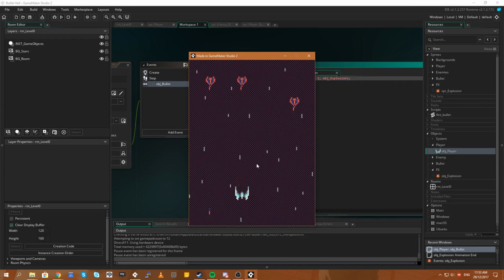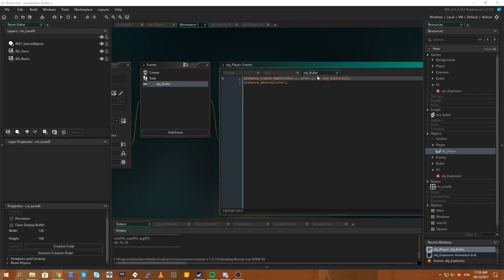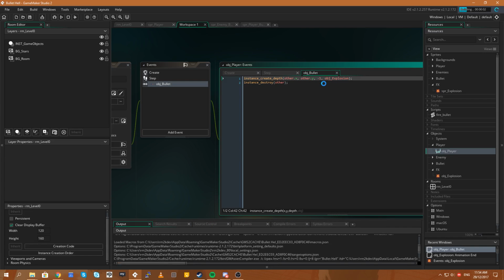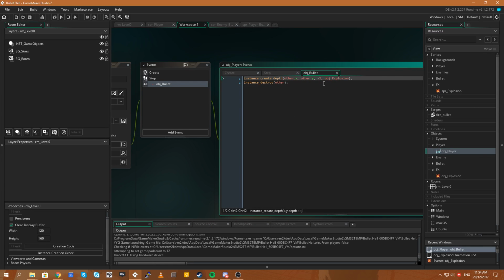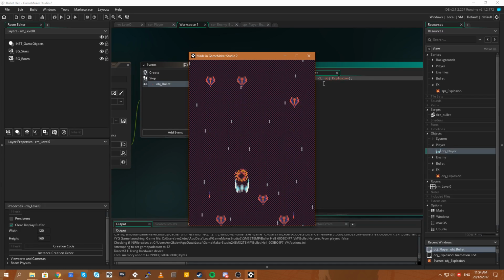So there you go. Now we've got this effect where the bullets will essentially create the explosion where they hit on our character. Even if I sort of back into them, I don't think I can. Let me see if I can just get one to hit the bottom side of my guy. There you go. The other thing I'm noticing is that they are below our ship. I want them to be above our ship. So it's not 1, let's set the depth to -1. Make sure that that's above. There we go. So now the explosions are appearing above our ship.